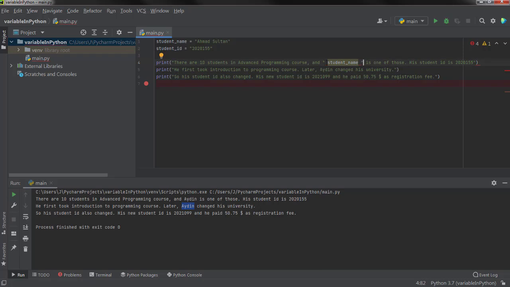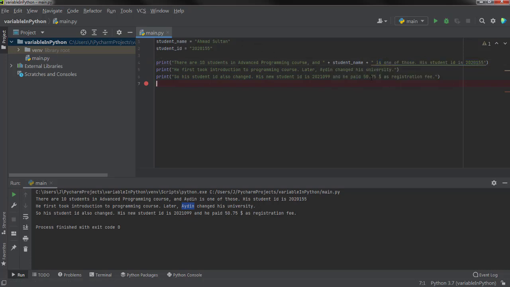We have to insert a plus sign before and after. Why after? Because the sentence is still continuing. It means that when this print statement runs, it will print this sentence till here and then it will say, okay, I have to add the student name. It will get the student name and replace it here, and then it will continue printing the rest of the sentence.